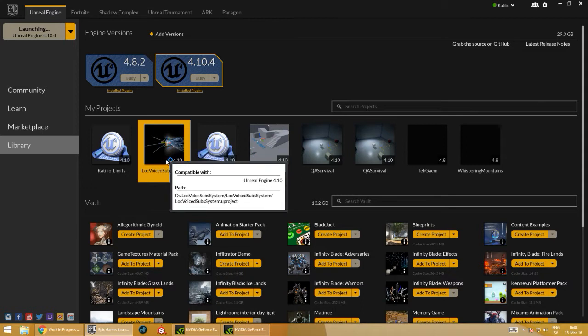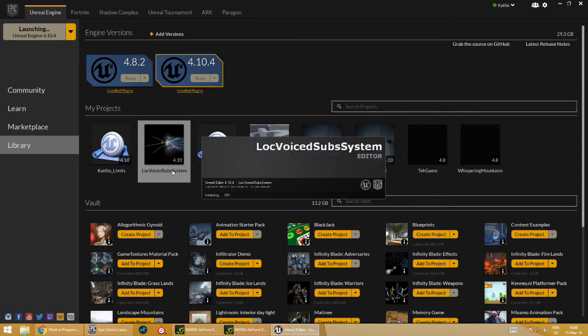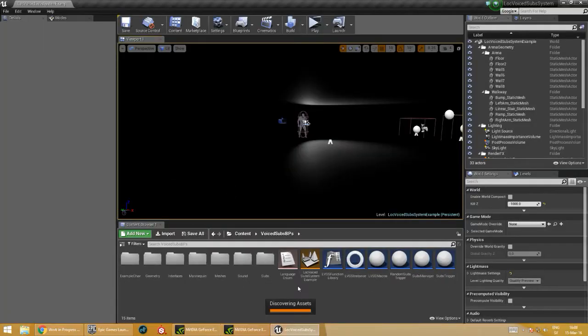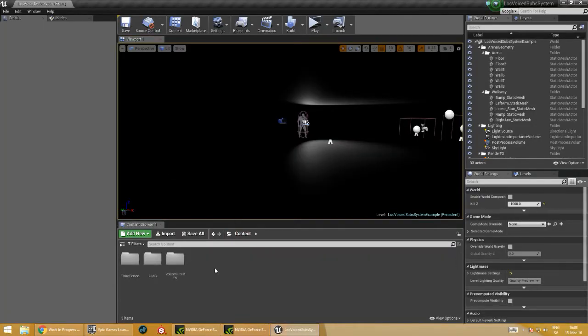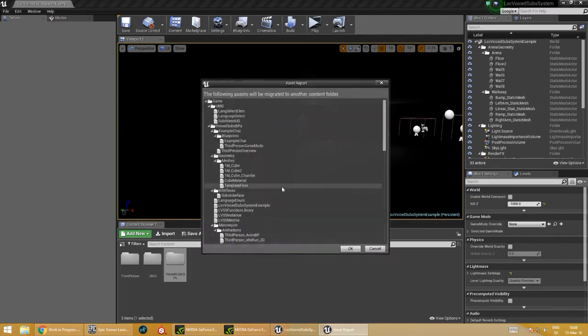Let's open LBSS. And you will want to use the migrate function from the engine here. You don't want to just copy and paste from the Windows browser. So in LBSS you will want to copy these two folders, voice subs BPs, use migration,